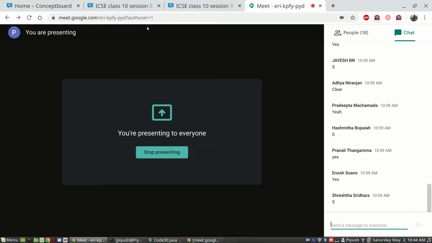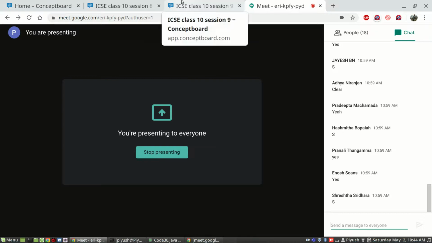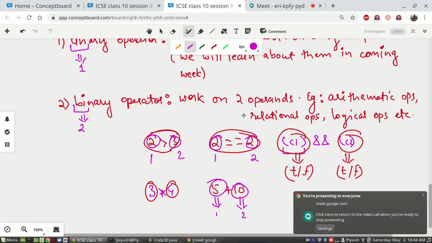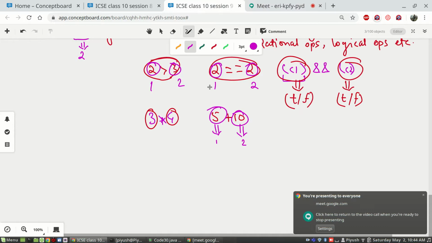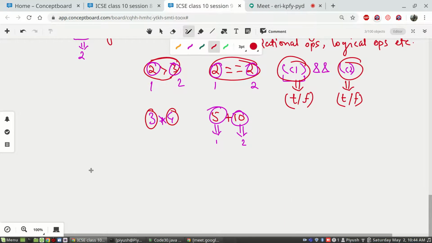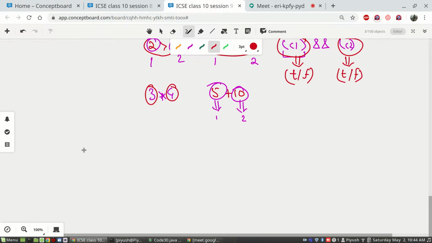Now, we are going to see the third type of operator that we have in Java. The third type of operator that we have is known as the ternary operator. Now, what is the ternary operator?